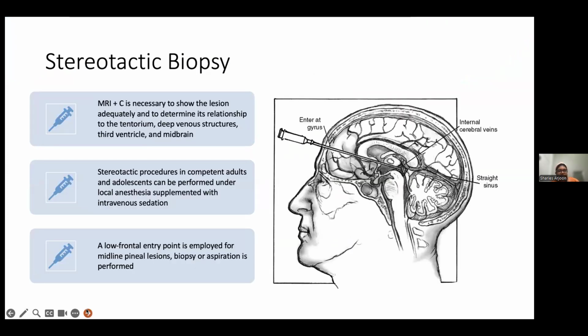So MRI plus contrast is necessary to show the lesion adequately and to determine its relationship to the tentorium, the deep venous structures, the third ventricle, and the midbrain. Stereotactic procedures in competent adults and adolescents can be performed under local anesthesia supplemented with intravenous sedation. A low frontal entry point is employed for midline pineal lesions. Biopsy or aspiration is performed,